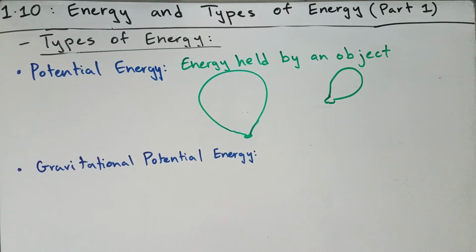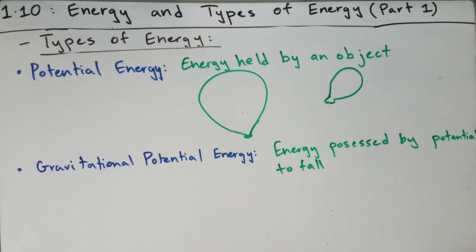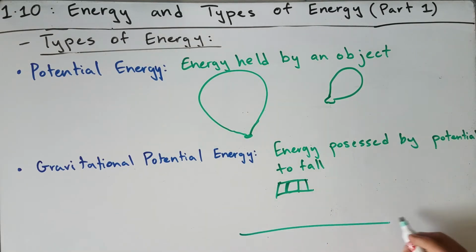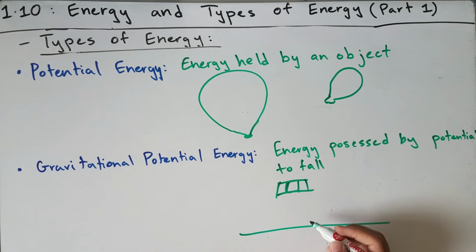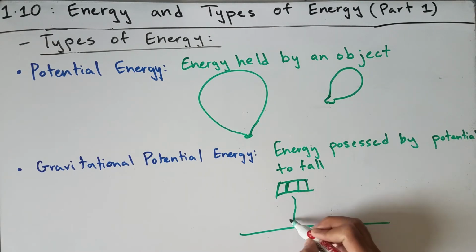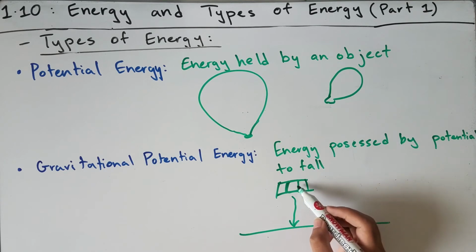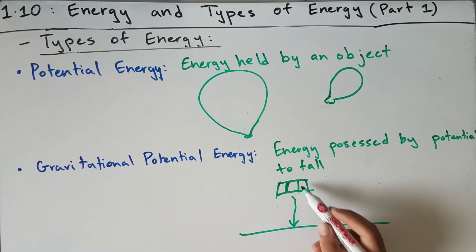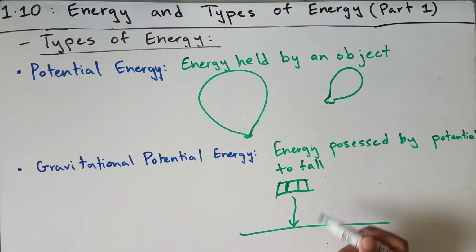There's another variant of potential energy, which is gravitational potential energy. Gravitational potential energy is the energy possessed by an object that has the potential to fall due to a gravitational field that is nearby. So if you had a book on a shelf and the ground was here, then this book would have a potential of falling if you apply some force or a disturbance like an earthquake. Then that book would fall down, and the potential energy of that book would be converted into a different type of energy, like kinetic energy as it will be in motion, or sound energy when it hits the ground.